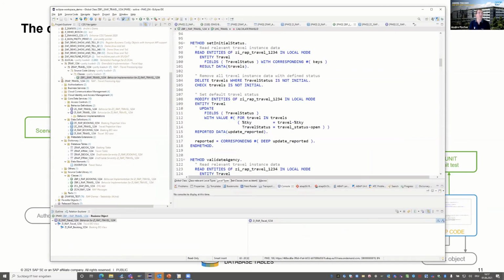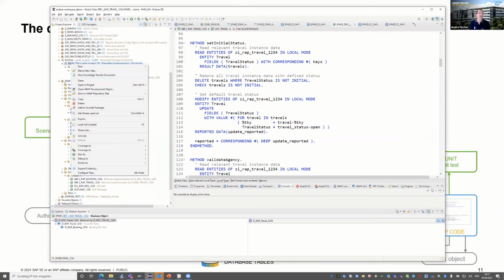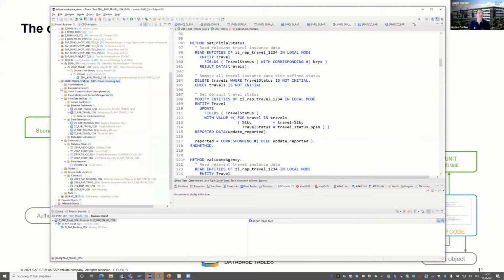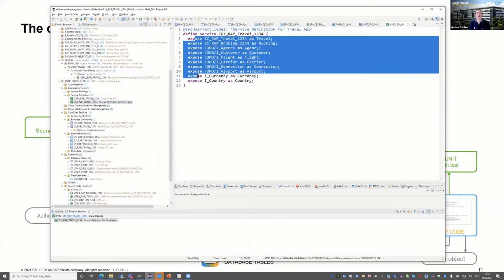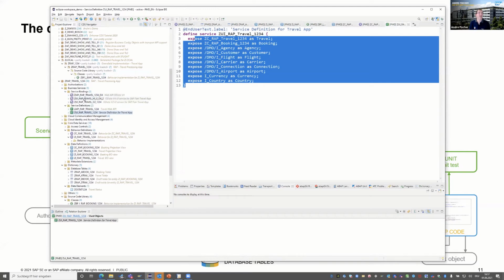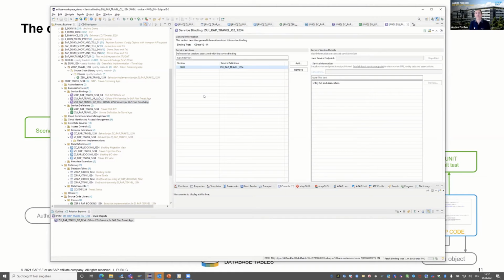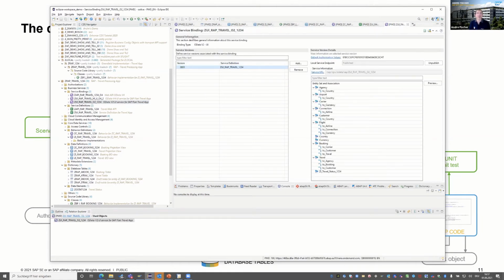So we are going here to the service definition layer. And here we define all the entities which should be part of our service. And the service binding finally is this one.